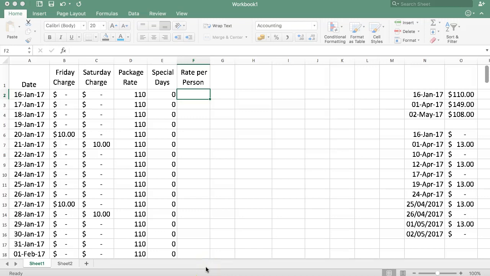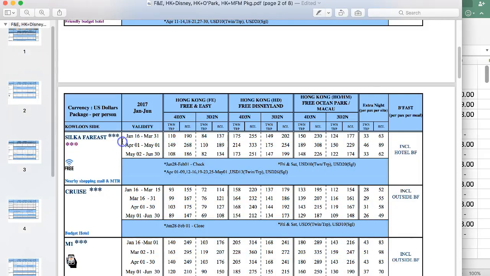In this video, we will start to focus on what we call the rate per person. So let's look back here. And you can see here we have right now our rates. However, what we have to do now is we need to make sure that Excel understands that this is not only a